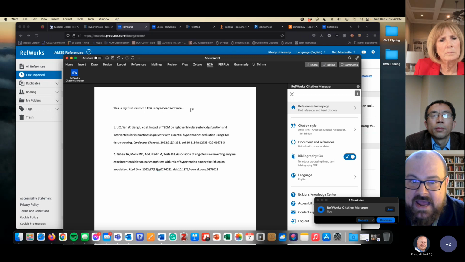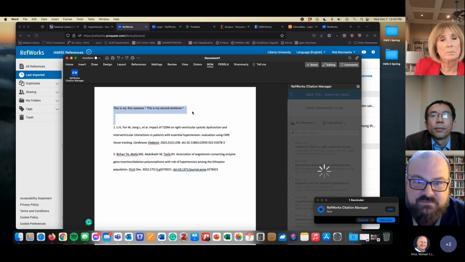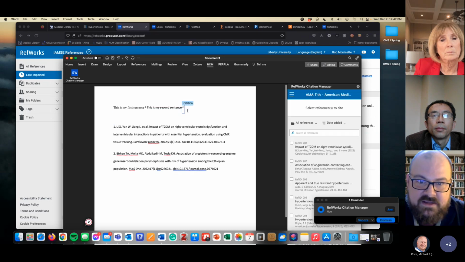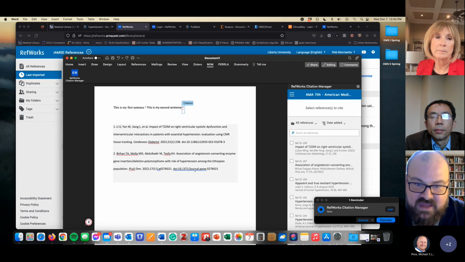And now as I'm writing, oops, I don't want that in my citation. As I'm writing my manuscript and adding my citations, it's creating your bibliography from the citations you're using while you're writing it. So by the time you finish writing your manuscript, you already have a bibliography, and it's got all